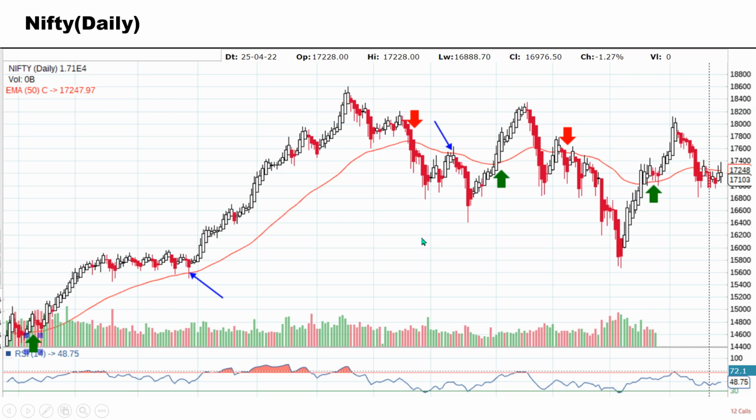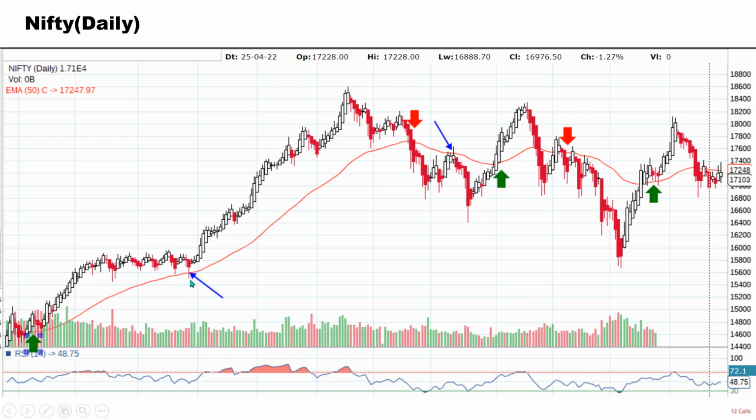Now we are looking into Nifty on the daily chart, just on the basis of 50 EMA line. So here we see around 15,000. Before that it might be below this trend line. So here it changed the trend direction. It started trading above this 50 EMA line, and from there it went all the way till 18,600. So if we consider this itself, it looks like almost 3,000 point movement, and this time looks like 3 to 4 months of time.